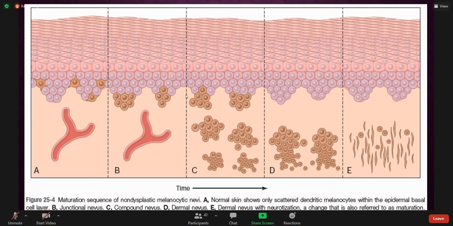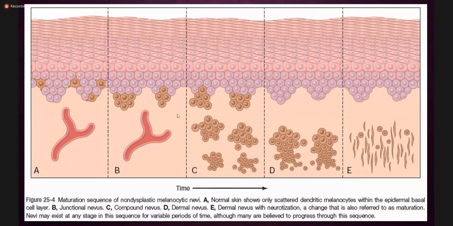This is a nevus in which you see junctional activity, or junctional melanocytes, as well as dermal melanocytes. So the melanocytes migrate from the dermoepidermal junction into the dermis. So this is now called the compound nevus. As time further passes, you can see the junctional component has gone away or vanished. Only the dermal component remains here. Now this is called a dermal nevus.